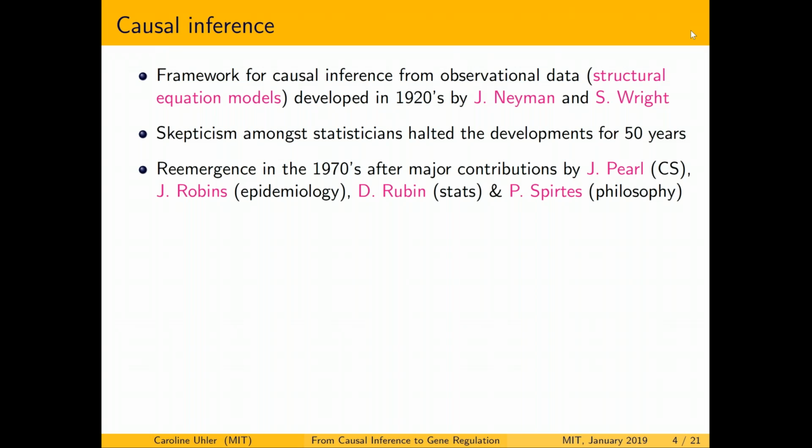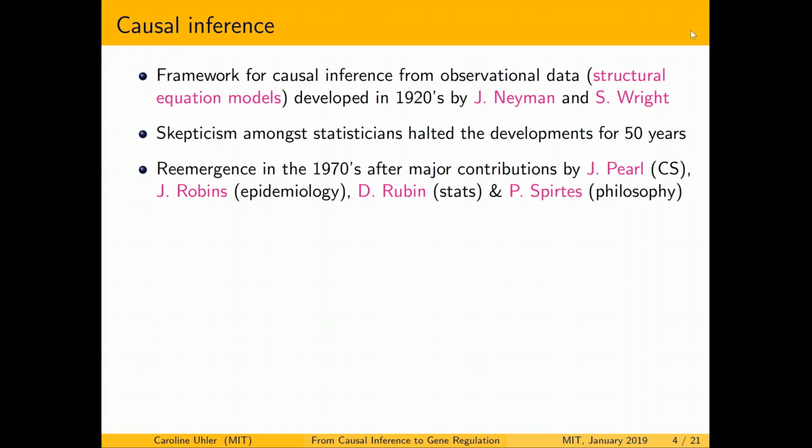What is kind of interesting is that what happened then among statisticians is a bit of what is happening now in science. There was a lot of skepticism, and this was all from observational data because they didn't really have a lot of interventional data then, that you cannot really tell anything causal just from observational data. And that's a lot of what is happening now in science, that there is a lot of skepticism about causal inference. But there is the whole theory, and this actually re-emerged in the 1970s through major